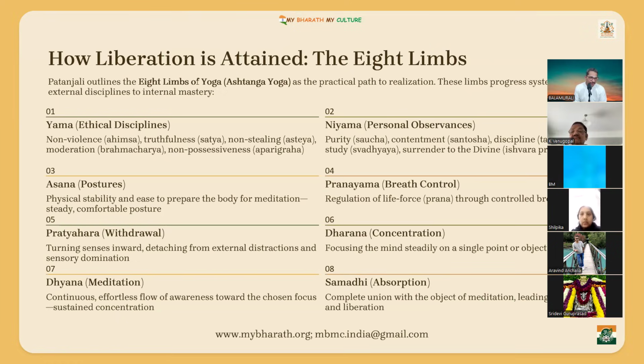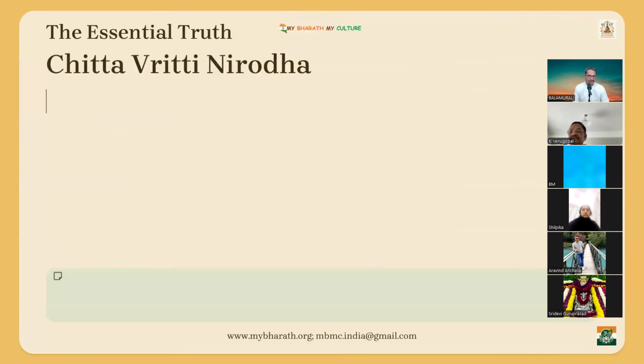You don't need to get 100 marks. You should get 50 marks in yamas, niyamas, asana, pranayama, pratyahara. Then only dharana. The preparatory practice for meditation should be given only then. Then the actual meditation will happen. Then the climax of meditation. Samadhi means you are totally merged, absorbed in that meditation. Suddenly, even 3 hours, 4 hours, 5 hours, one day also will pass. That's samadhi. We will come back to this in very detail. We have a separate session for that.